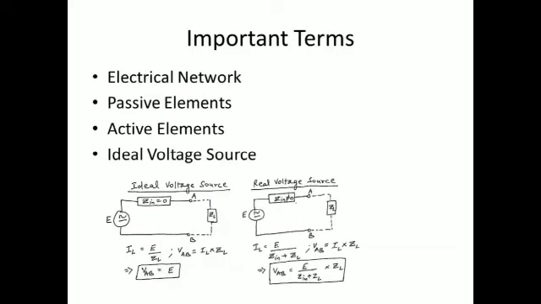Now the figure that you see on the right is that of an actual or a real voltage source. Here the internal impedance is not exactly 0, and therefore the voltage across the load depends upon the load impedance, and therefore VAB is not exactly equal to E. Example of a nearly ideal voltage source is a Zener diode connected in reverse bias, and the figure that you see on the extreme right on your screen is the VI characteristics of the Zener diode. As you can see, in the reverse bias mode, the voltage becomes nearly a constant irrespective of the current.